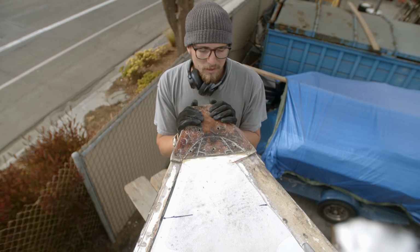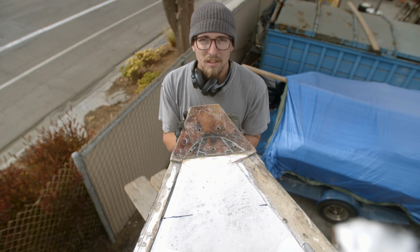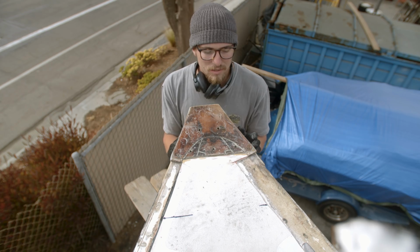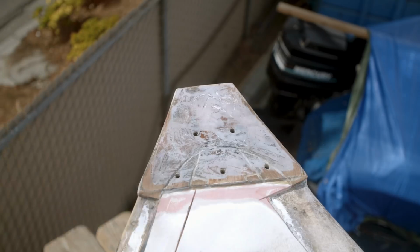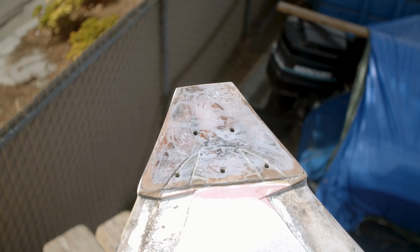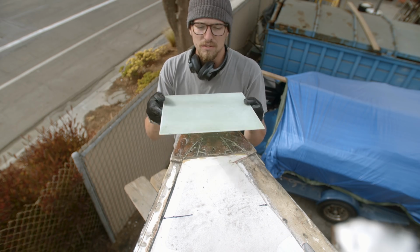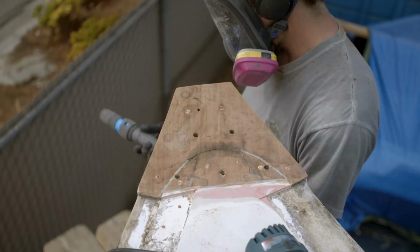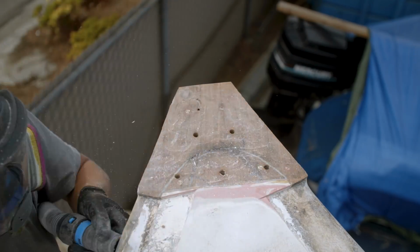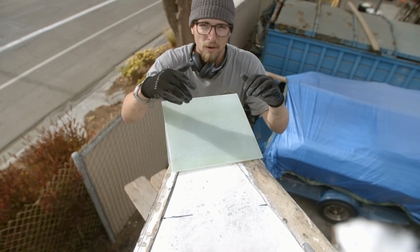There's always been a couple things that I don't like. All of a sudden it's a really clean looking bow, and then when you look closely you can see wood. So I'm going to remove most of this wood here, and then I don't know if anybody is familiar with G10, but G10 is basically just compressed fiberglass into sheets. So this is 1/4 inch thick. All I want to do is get my router, bring this whole thing down 1/4 of an inch. That way this guy will lay perfectly in there, and then I can cut it out, make my holes, and